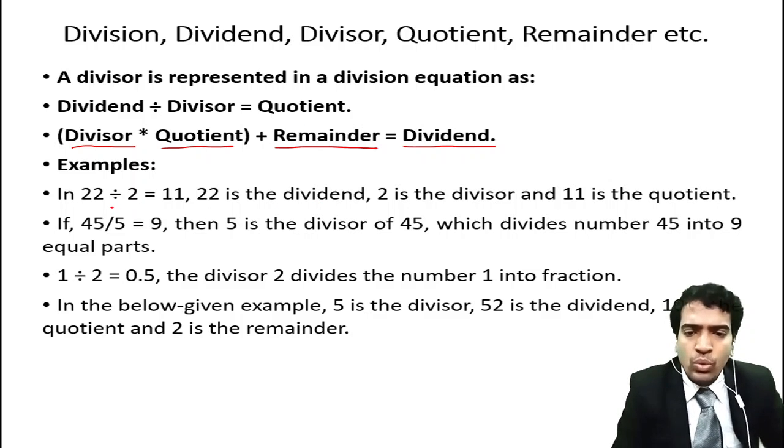If you take 22 and divide it by 2, you will get the answer as 11. Okay, 22 is the dividend here, 2 is the divisor here, 11 is the quotient. Here the remainder is 0 because 2 divides 22 exactly. If you take 45 by 5 again, 9 is the answer, 5 is the divisor, 45 is the dividend, and 9 is the quotient. Again the remainder is 0. Okay? However,